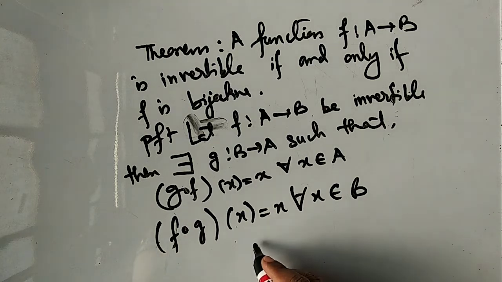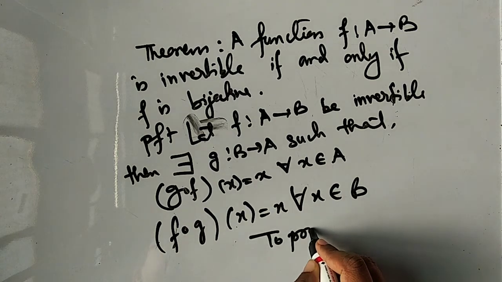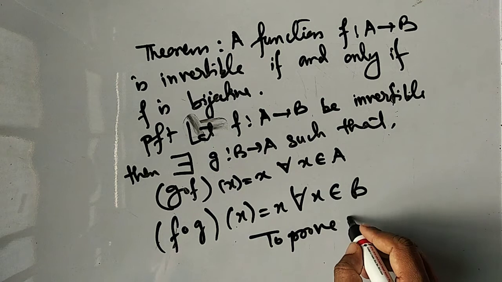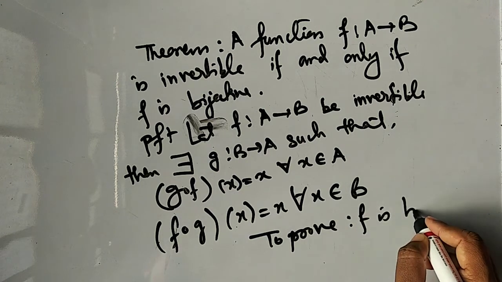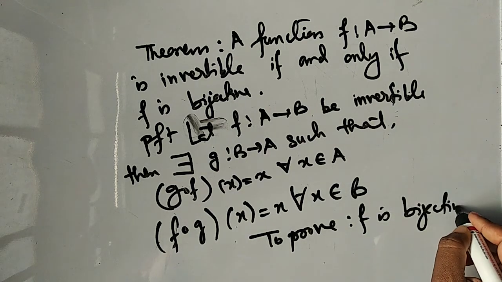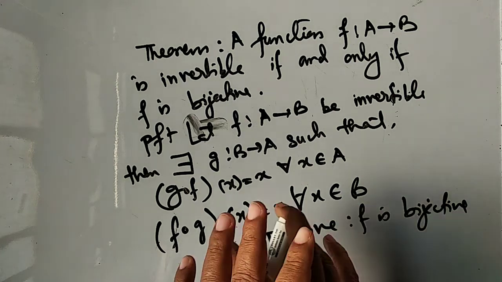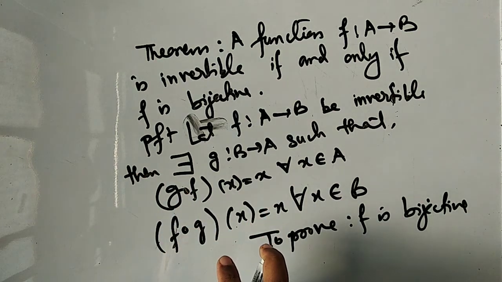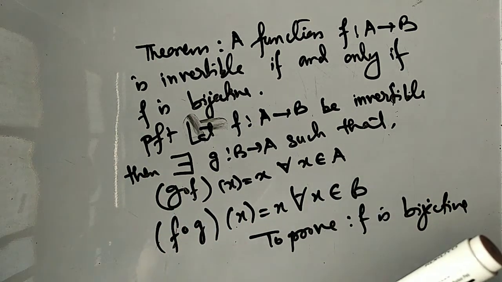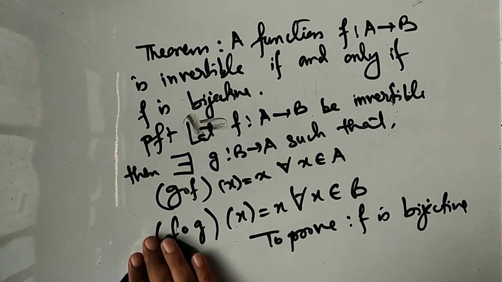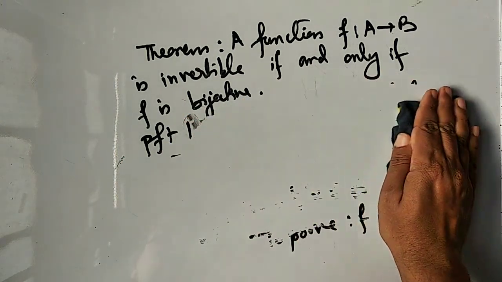What to prove? To prove f is bijective. It means we need to show that f is both one-one and onto. ठीक है, सो दिस इज आवर गिवन कंडीशंस।